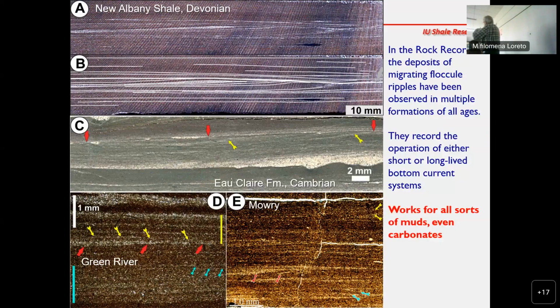So you have ripples that are perfectly normal looking, but when they're compacted like this, oftentimes you just see low angle, downlapping lamina, and that's your clue that ripples might be there. You see this in various places; we have enough places in the rock record where we can see that. It works for all sorts of muds, carbonates, and